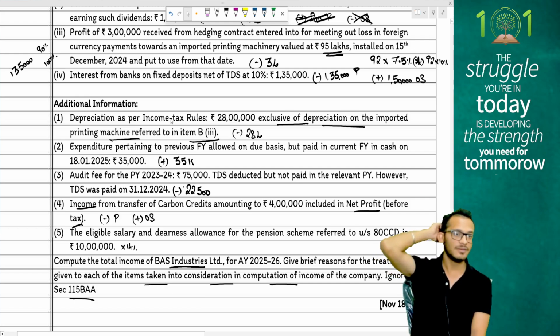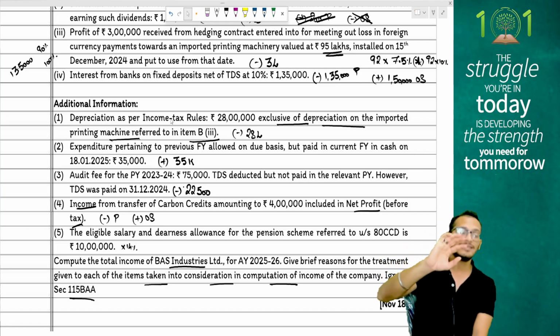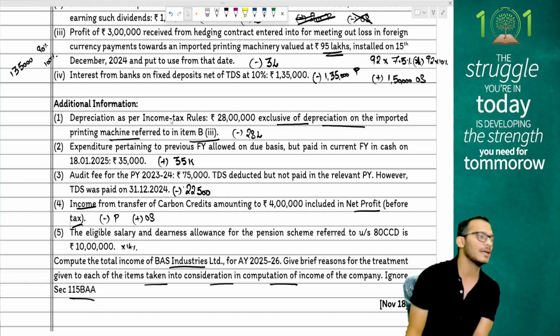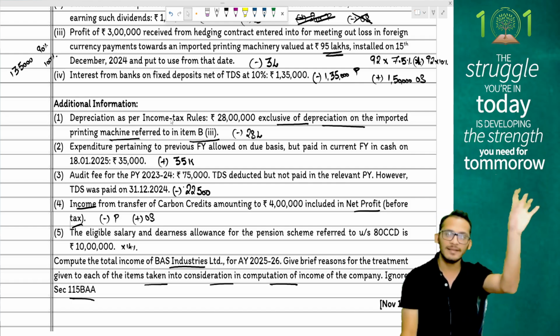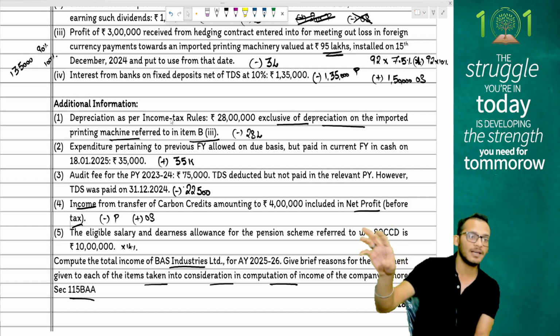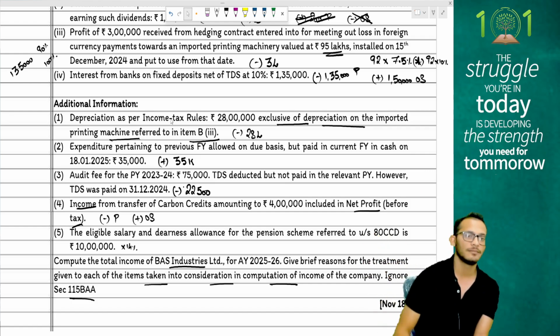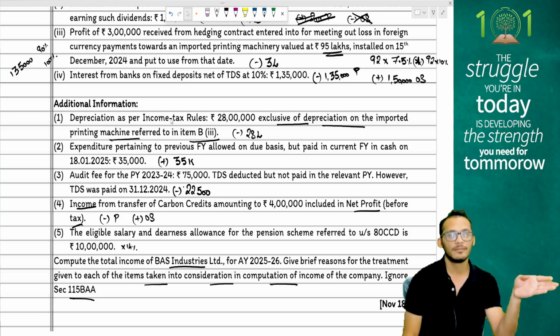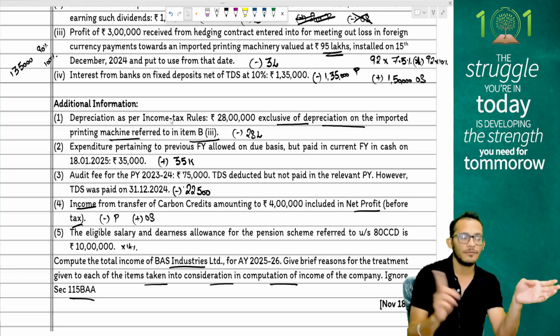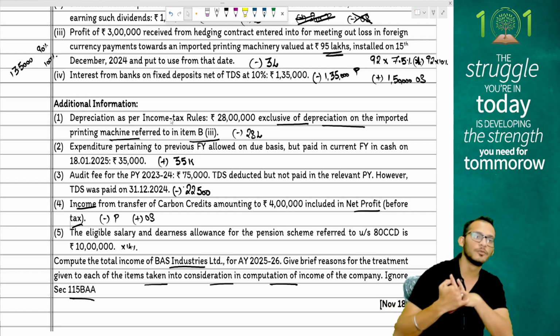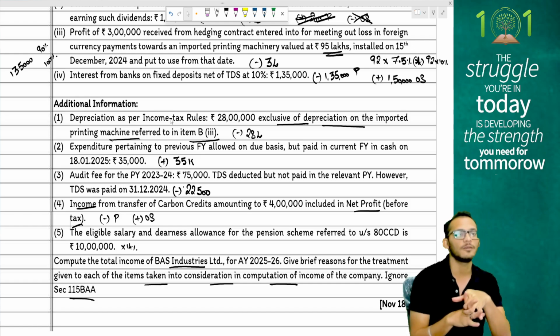Correct, Manav. Correct, Sehul. But what is happening is the net profit number which you have is what they're saying. They're not saying this number is after the expense. See, it's like me coming and telling my expense of 5 lakhs is included in net profit, and my income of 4 lakhs is included in net profit. What does it mean? 5 lakhs is showing on the left side and 4 lakhs is showing on the right side. So what I'm doing, 5 lakhs gets disallowed, 4 lakhs gets reversed, net of those number is moved to OS, but unfortunately I cannot move the net number because